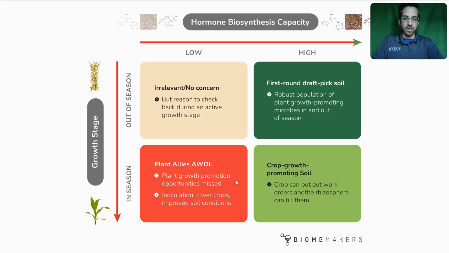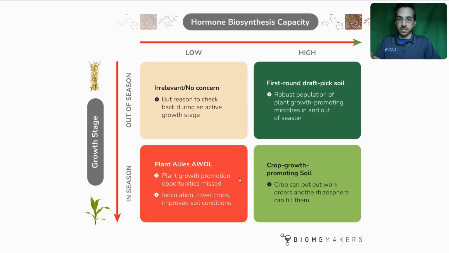And so this is a case where the most effective way to foster plant growth promoting, plant allied microbes would be to use cover crops, to have living roots in the period leading up to when you're planting your cash crop. Improved soil conditions would help. You can directly inoculate plant hormone producing microbes directly onto the seed. For instance,